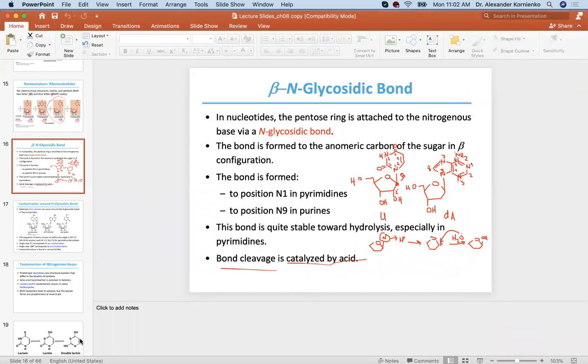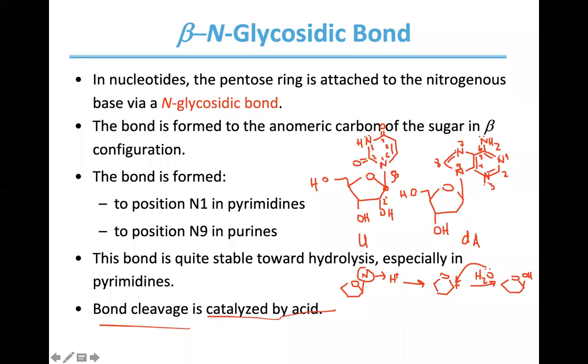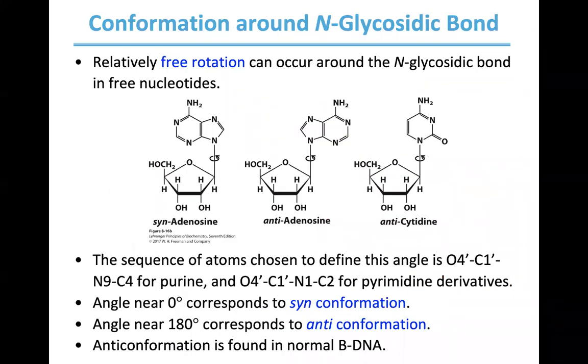And we talked about glycosidic bonds. So we talked about numbering, we talked about the beta configuration of the glycosidic bond, we talked about depurination, right? Which is the removal of the purine from the ribose unit, very common reaction in DNA damage. All right, so let's talk a little bit about